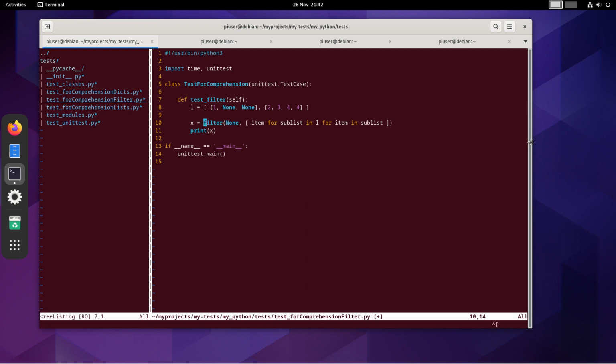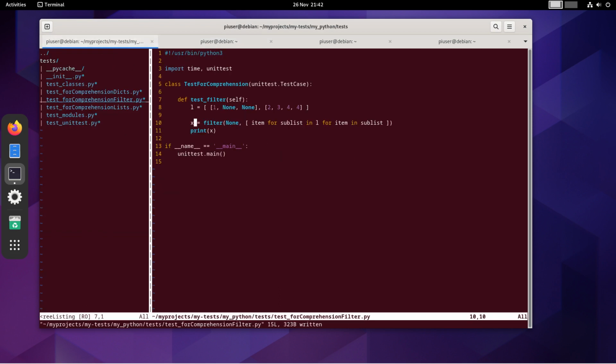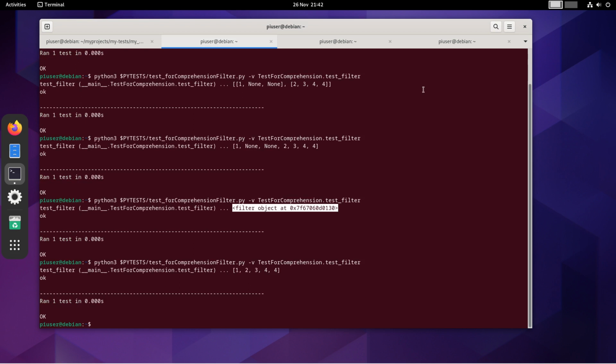So let's print that out, and what that gives us, it's done the filtering and it's giving us this filter object, right? So that's not really going to be much use to us. Looking at that, we want to convert that back into a list after we've done the filter. So let's convert that into a list to give us our result. So that has removed the Nones,